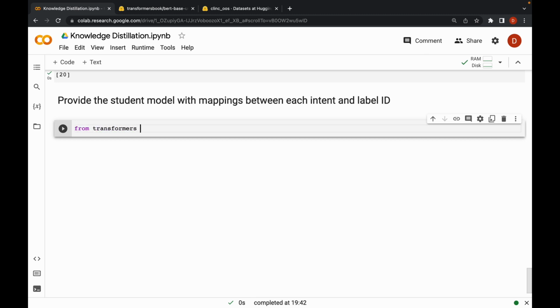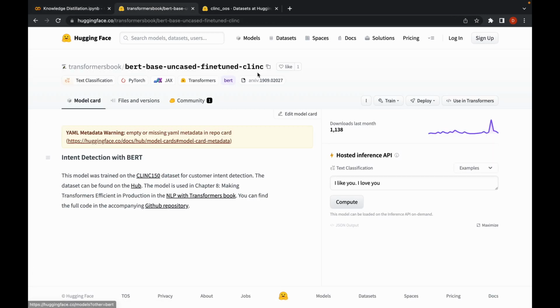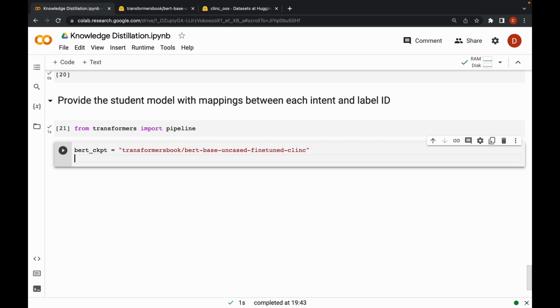From transformers, import pipeline, then this BERT checkpoint, BERT CKPT equal to, we will directly copy paste it from here. Okay, pipe equal to pipeline. The first argument is the task that we have to perform. So we have to perform text classification,